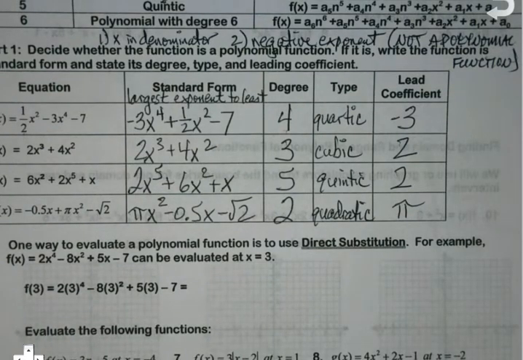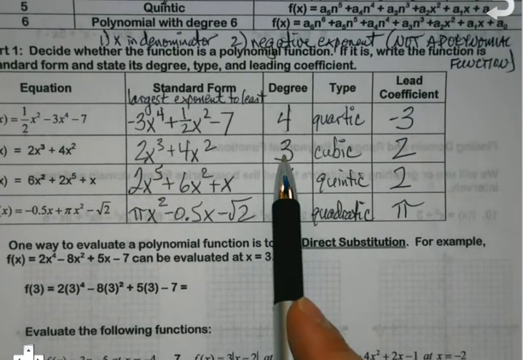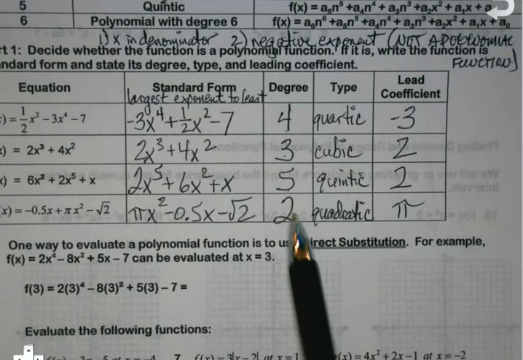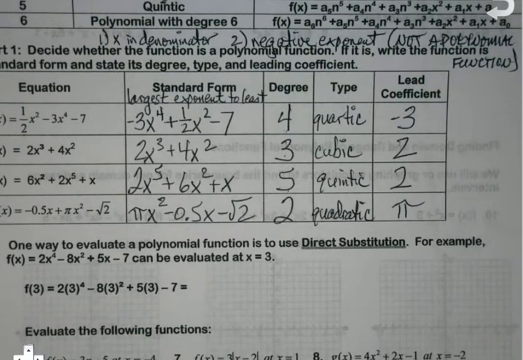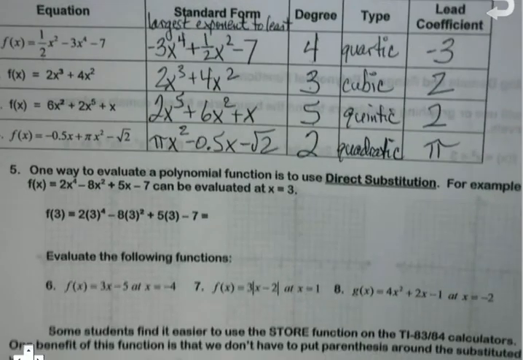So once you get a feel for what standard form is, and how to find a degree, because the degree will directly lead when we start graphing this and tell us how many solutions there are. If something has a degree of 5, there's going to be 5 answers. If 3, there's 3 answers. If it's 2, we just got done with quadratics, you're typically getting 2 answers. So once we kind of start to use that now,